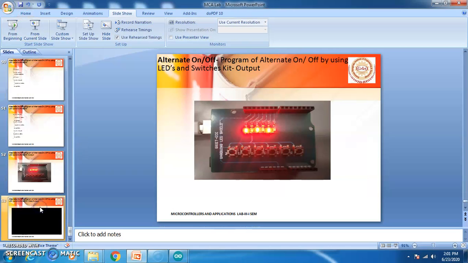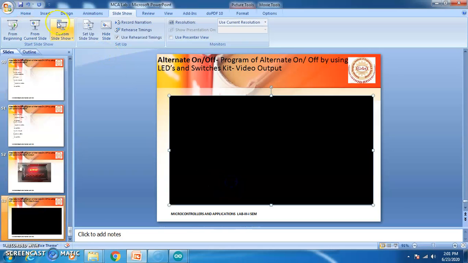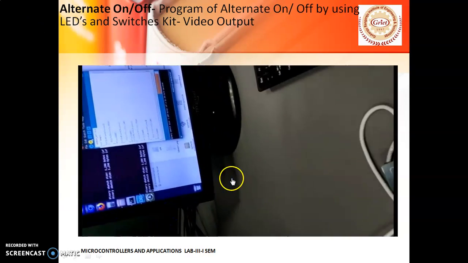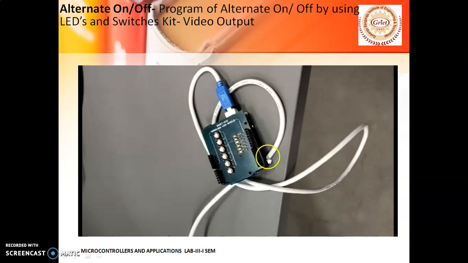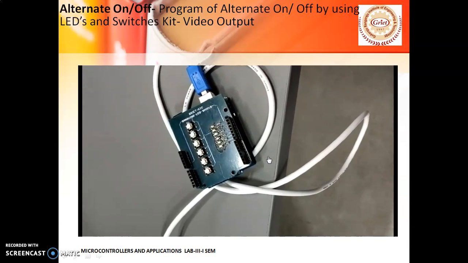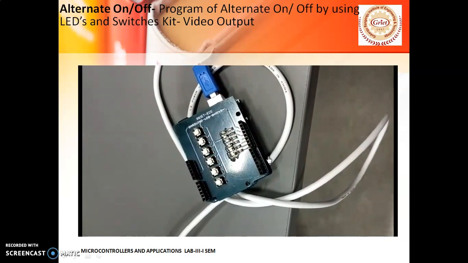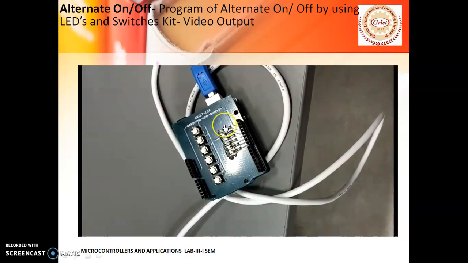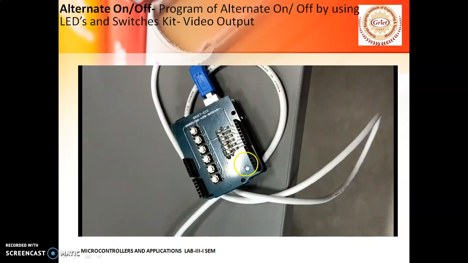And next we have alternate on and off. Let's see the alternate on and off. Just see the output. Alternate LEDs are on and alternate LEDs are off. See, alternate LED is on, alternate off. Alternate LEDs are getting on, alternate LEDs are getting off. On, off, on, off. So please try out these two exercises on your own, where you get the output in this particular way. Thank you.